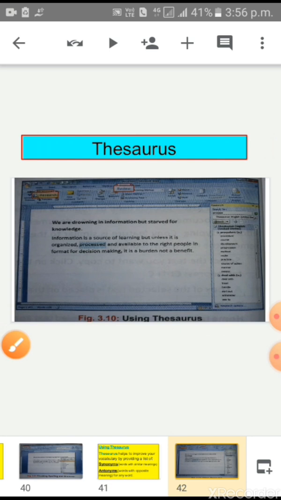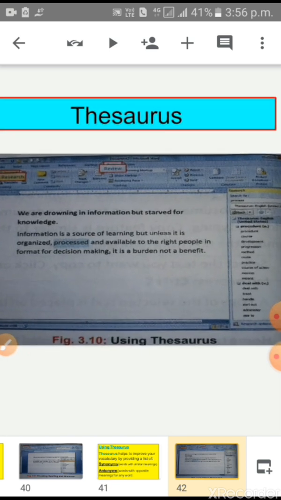Now children, look at the picture on your screen. This is thesaurus. Thesaurus means improving your vocabulary by providing synonyms and antonyms. Select the word for which you want to find synonyms or antonyms.